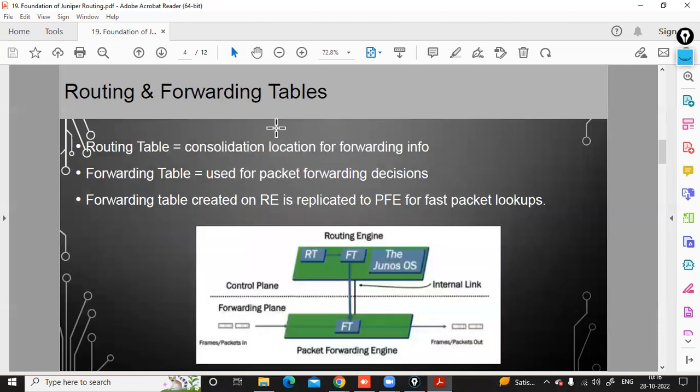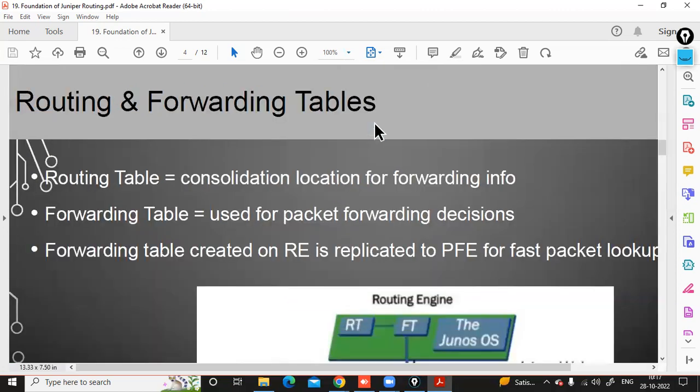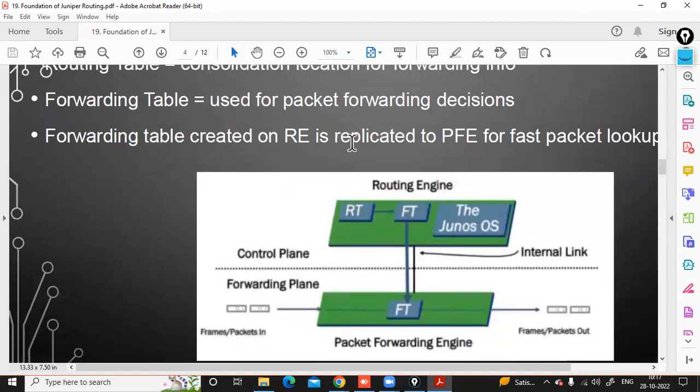So now the routing table, where you have all the routing information, and then you have a concise version, that is the forwarding table. If you look at this diagram, this is the brain of the router. It is maintaining a routing table, and initially from the routing table it will build a forwarding table, and it will copy